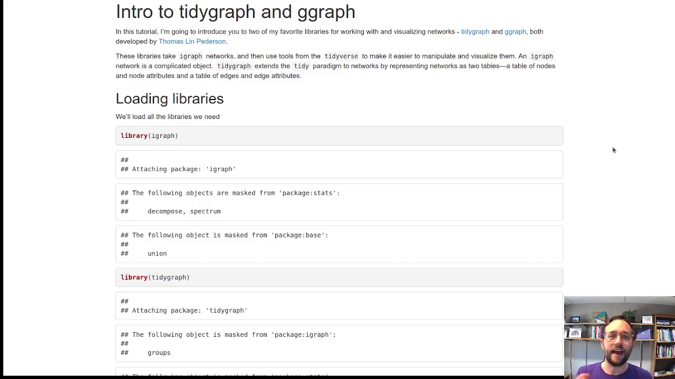So the idea is, assume that you at least have a passing familiarity with iGraph, which is a great package for doing lots of network things in R. And in Python, they have a Python version as well. One of the weaknesses of iGraph, I think, is that the plotting is not great. The figures aren't great. So these two packages